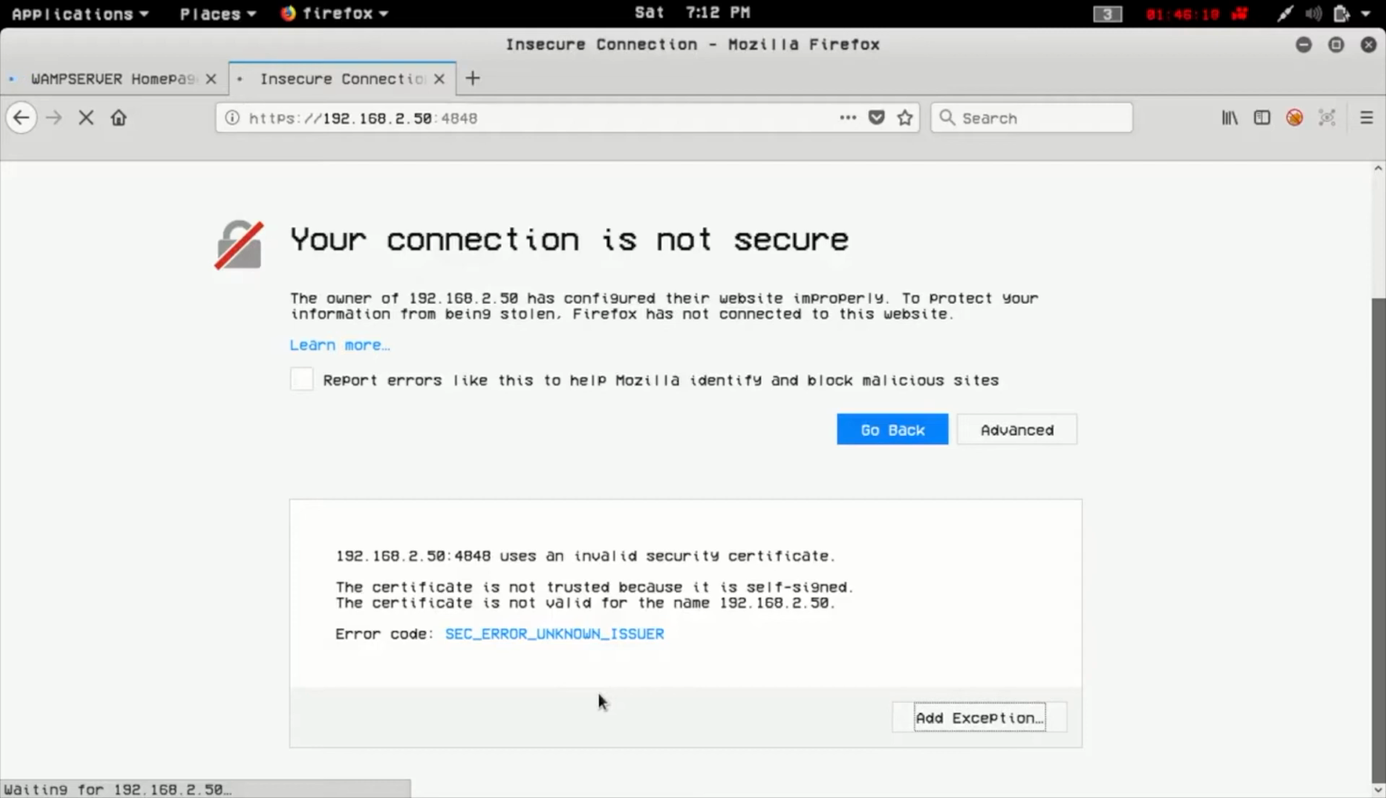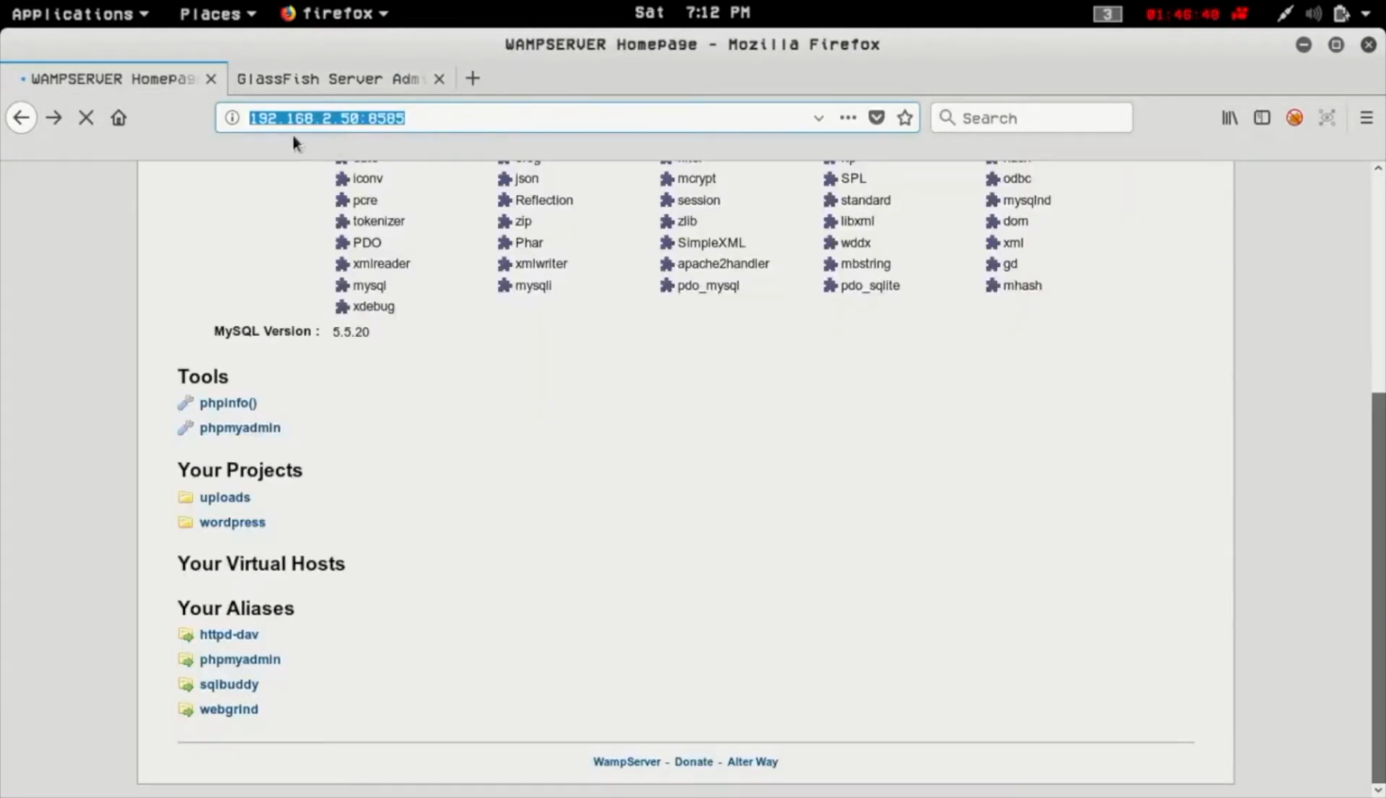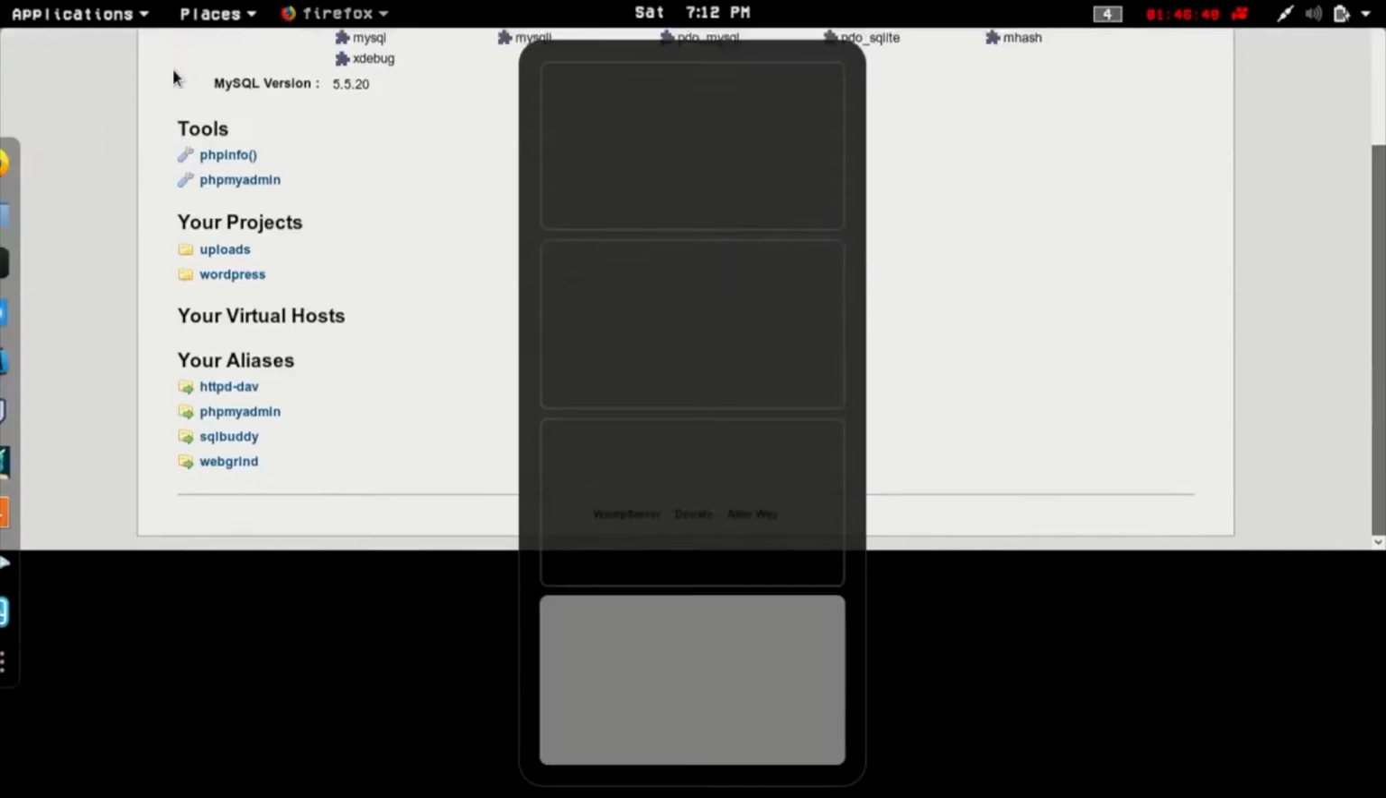Let's go to port 4848 then, why don't we? Maybe this is going to be that admin panel so we can get an authenticated, whatever it was. Yeah, the GlassFish server, that's right. Admin console is starting. It's taking forever. Leave it alone for a second. Actually, while that's loading, I'm going to go check out